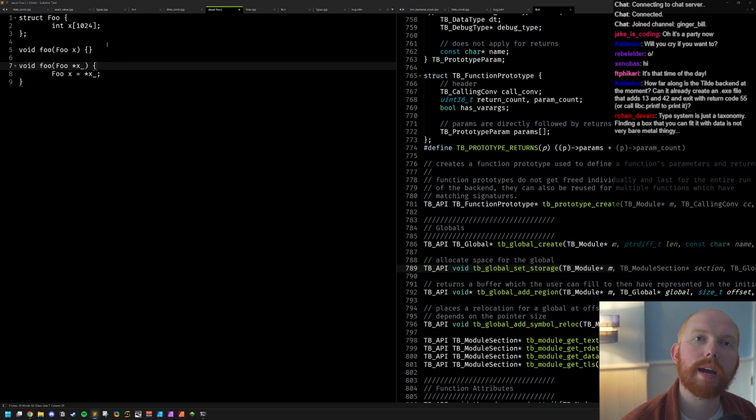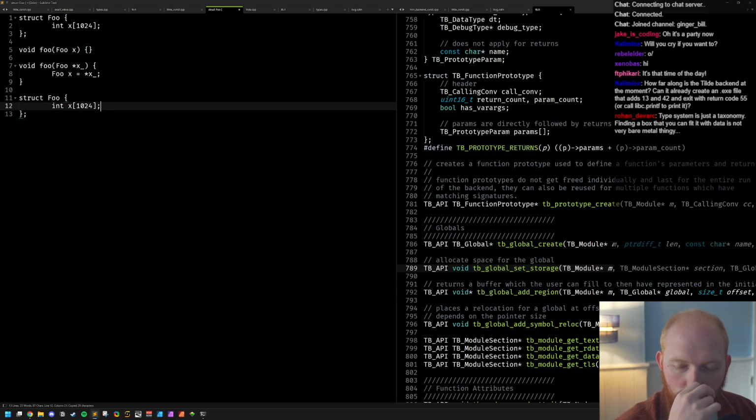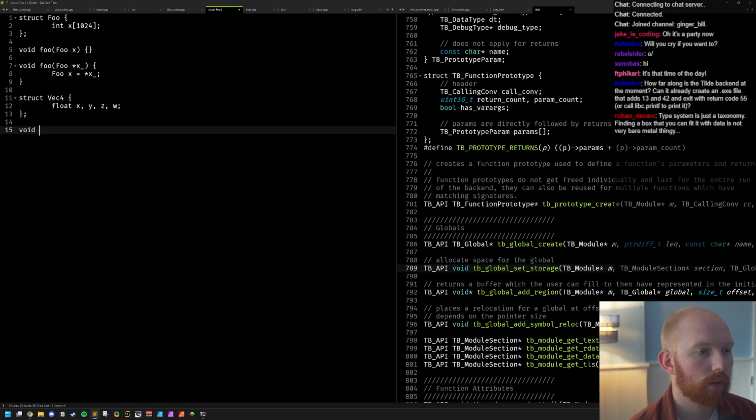Like we need to handle is it direct or indirect, and how do we pass those parameters across? The problem, and this is the real problem here, is what about the cases where you have this struct? On Windows, this is not really much of an issue because Windows is really simple to deal with. But when it comes to System V platforms like Linux or Mac, we have to worry about how something like this gets passed. So we have, let's say, a vec4 float x, y, z, w, void